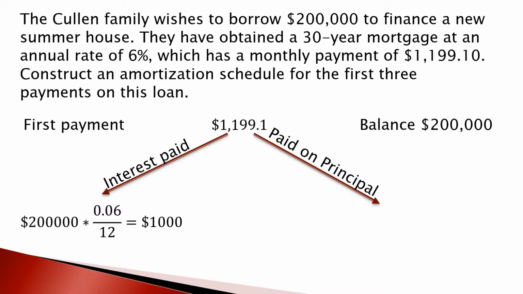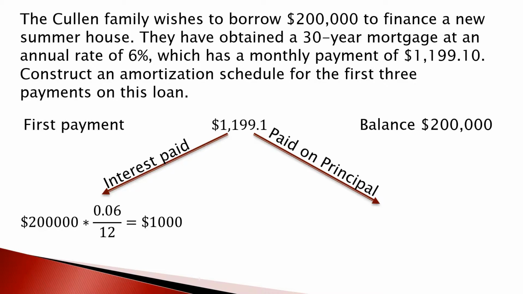By the time you're making the first payment, you actually owe $200,000. And you owe that quantity for the whole month. You know that the annual interest rate is 6%. So what is the interest rate for just 1 month? Well, you need to divide the annual interest rate by 12, and then you will get a monthly interest rate. So in this case, the monthly interest rate is going to be